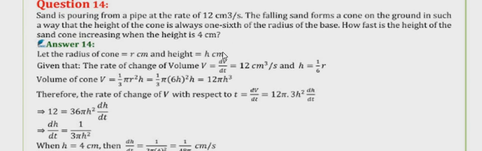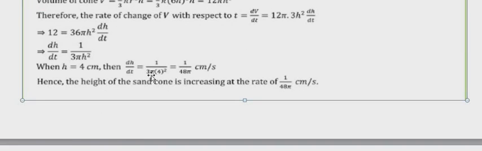It means what is dh by dt when h becomes 4. Now finally you will put the value of h as 4 here. 4 square 16, 3 times 16 is 48. So this will become 1 upon 48 pi centimeter per second. Why is it centimeter? Because this is height. Height means centimeter. T means time. So we have to write the unit also. So dh by dt means rate of change of height with respect to time. It means 1 upon 48 pi centimeter per second. Right?